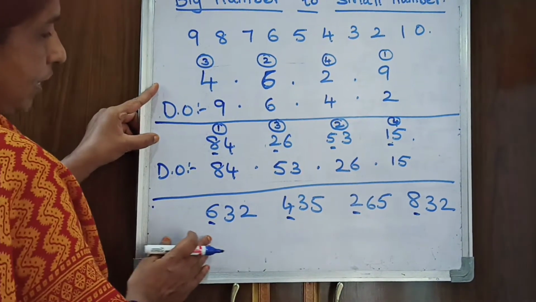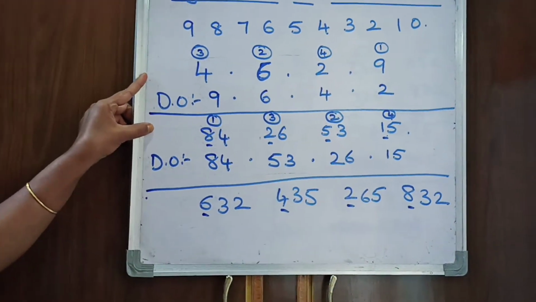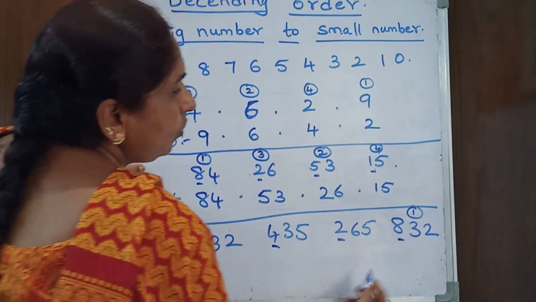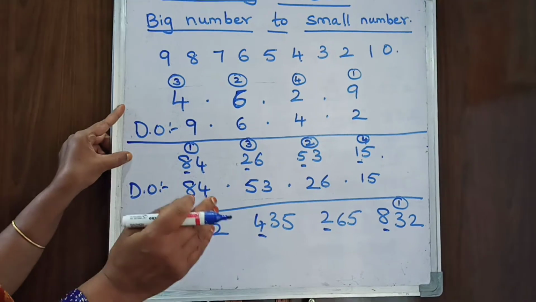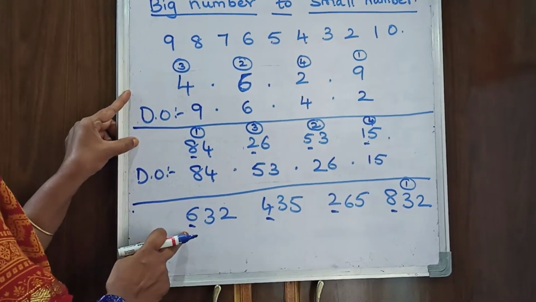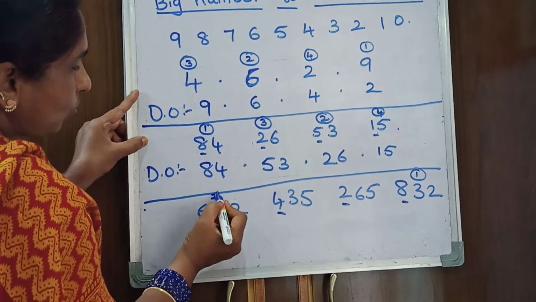Now we have to see which is the biggest number. 8 is the biggest number. So on the top of 832, keep one number. Then 8 after 7. 8 before 7. 7 before 6. 6 is the next biggest number. So write here 2 on top of